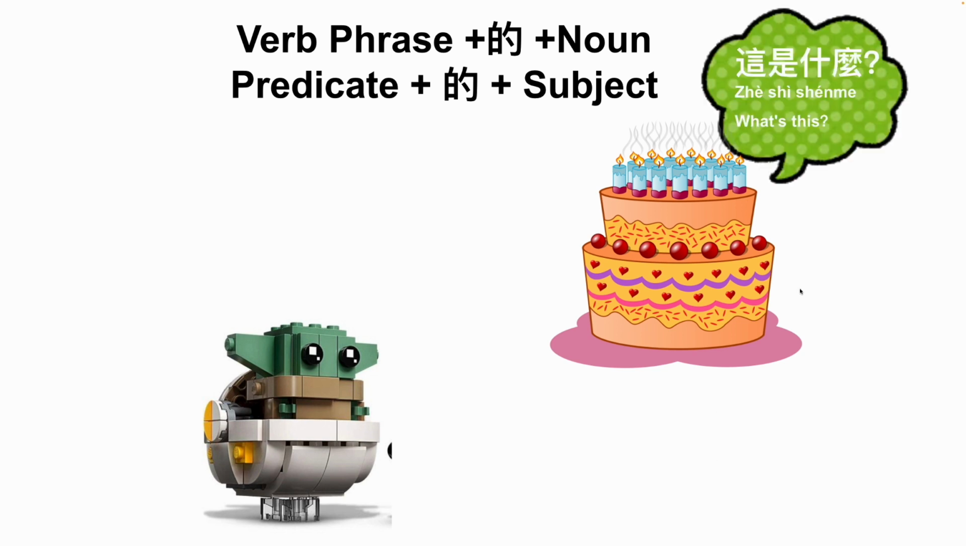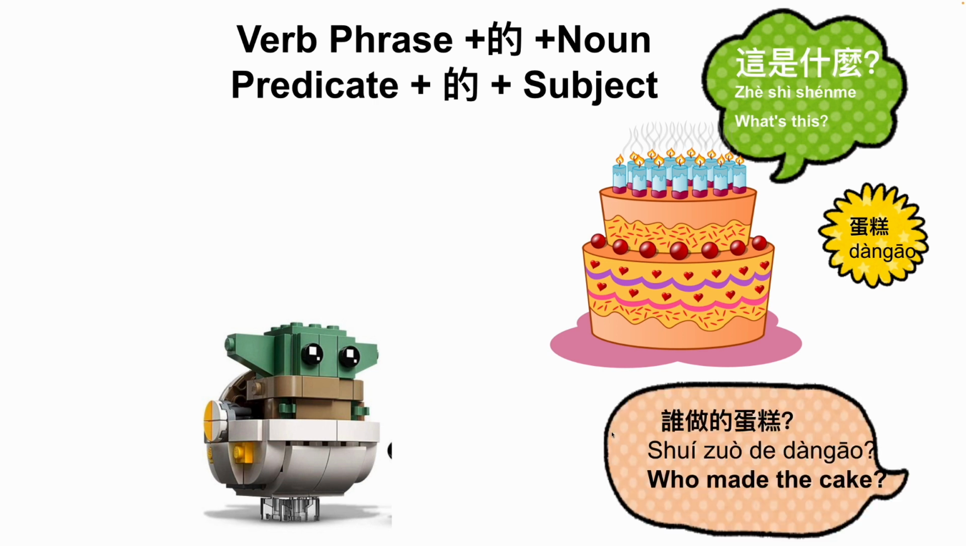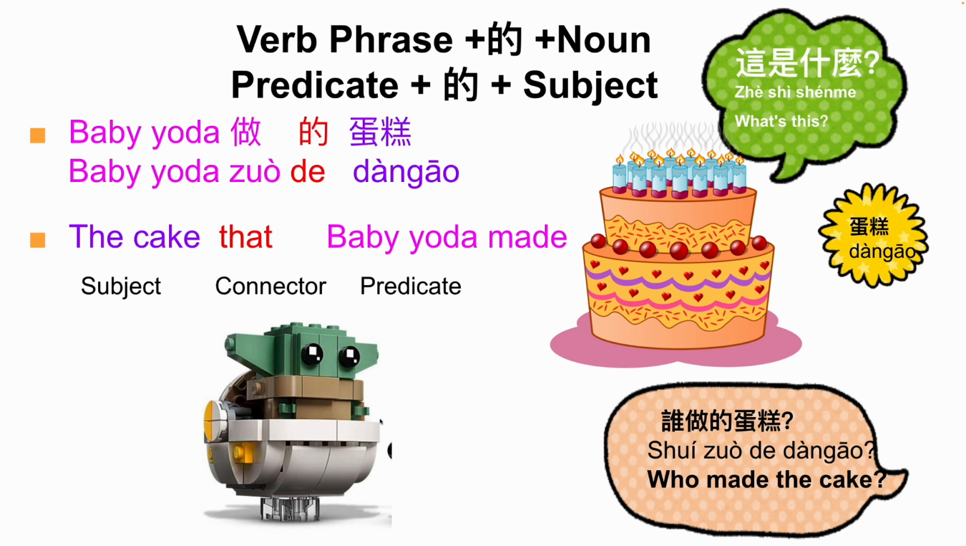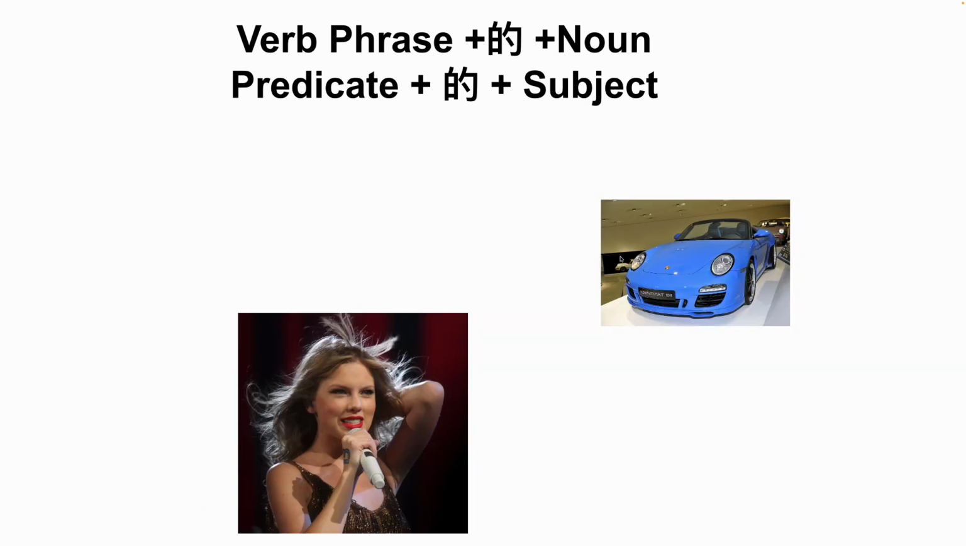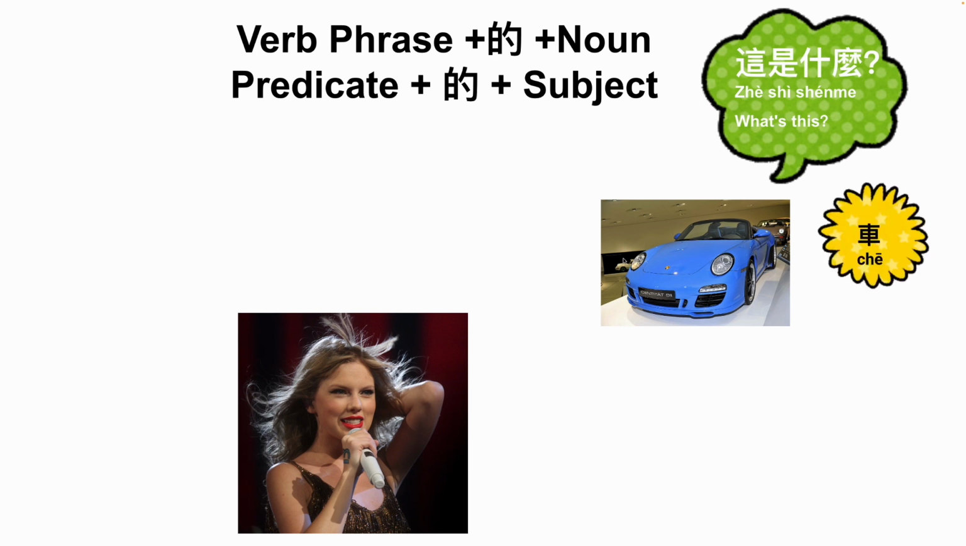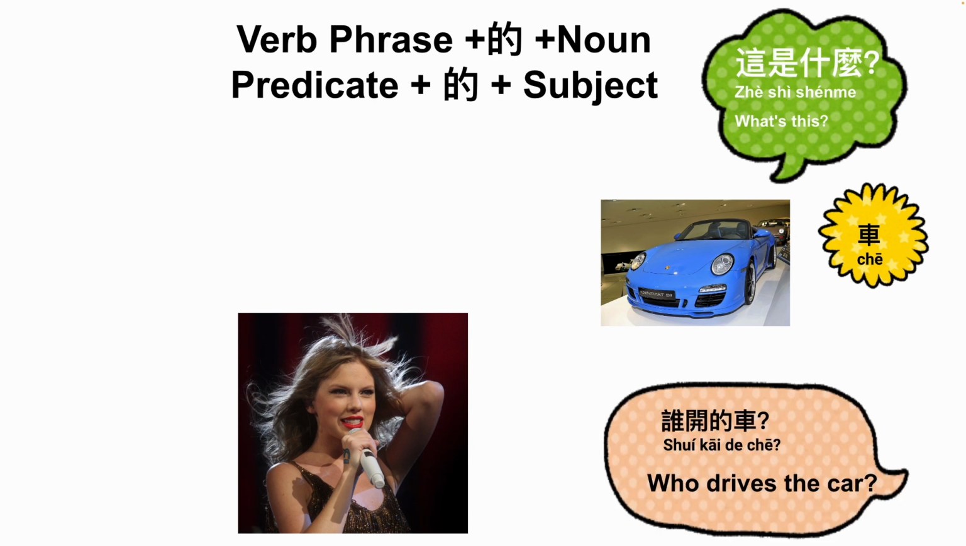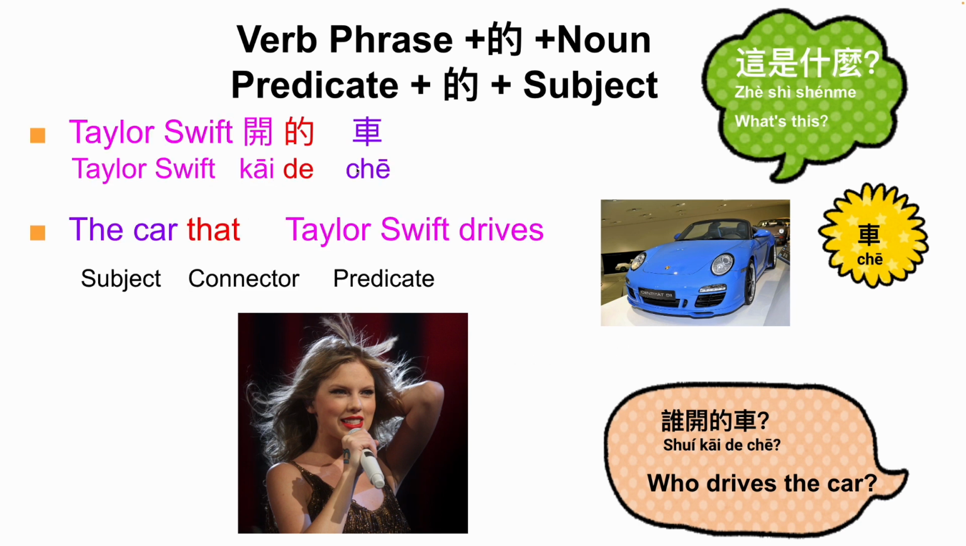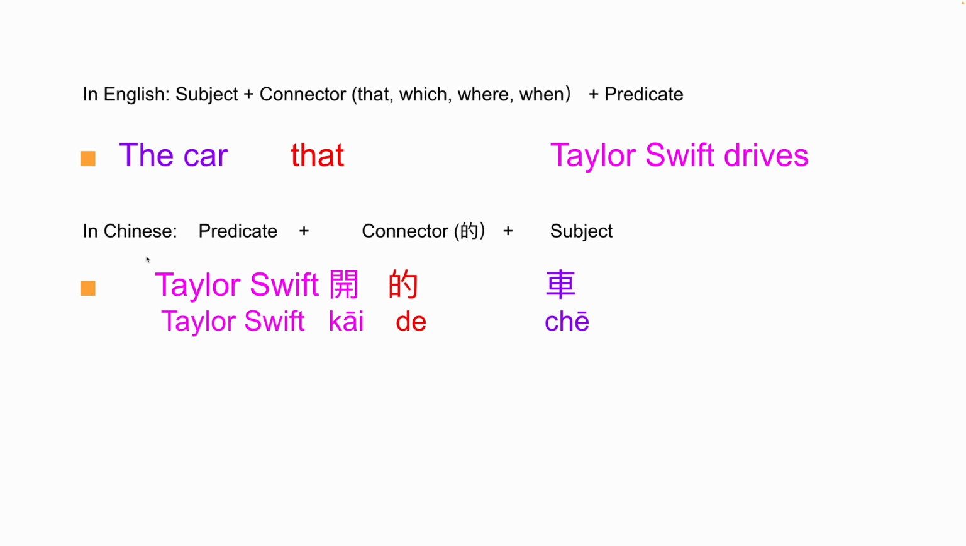Okay, more listening practice and sentence pattern practice. 这是什么？这是蛋糕。谁做的蛋糕？Baby Yoda 做的蛋糕。这是什么？这是车。那是谁开的车？谁的车？Taylor Swift 开的车。